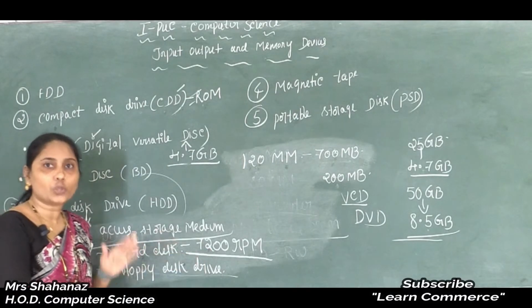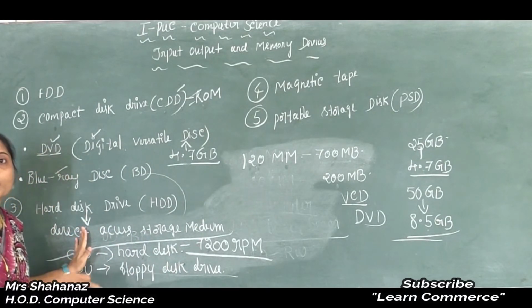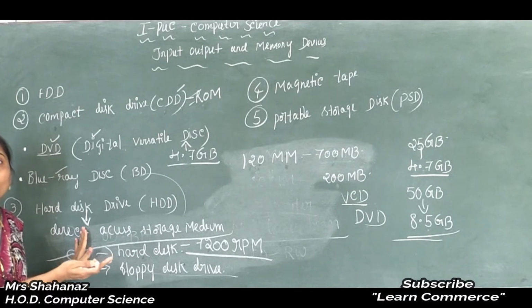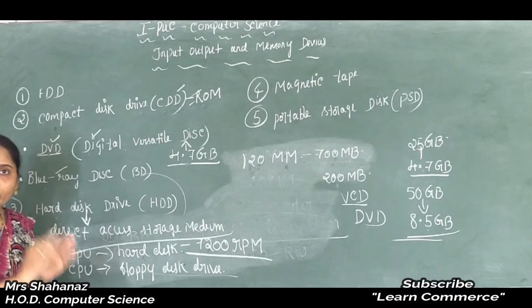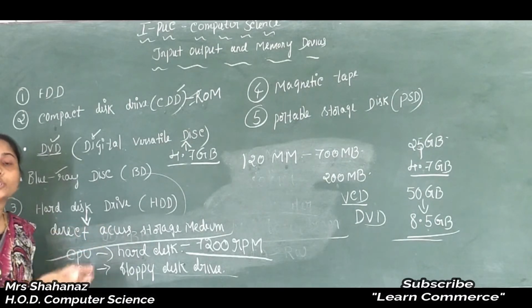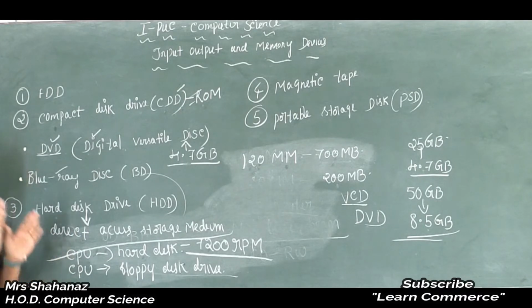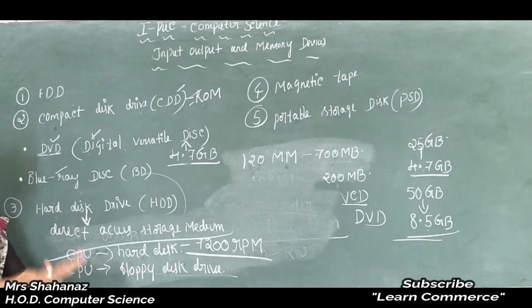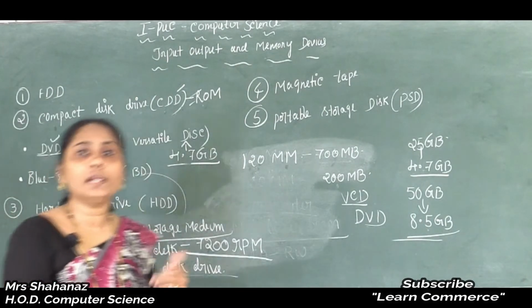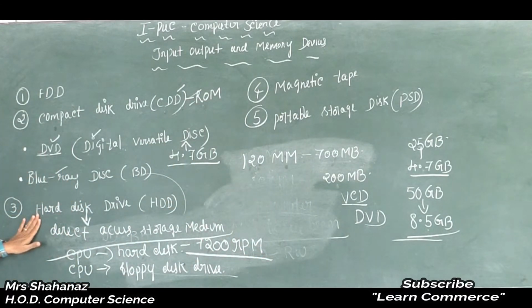Clear this point here? So the CPU can use the hard disk to store the program, to store the instructions, as well as to load the program and the instructions. Not only are we going to load the program, correct? Sometimes we are going to access information from the hard disk, whatever information we saved using our hard disk. So finally, to get any result, the CPU can use the hard disk to load the program, to load the instructions, as well as to store the data and the instructions. So this is some explanation about our hard disk drive. So clear this point here.